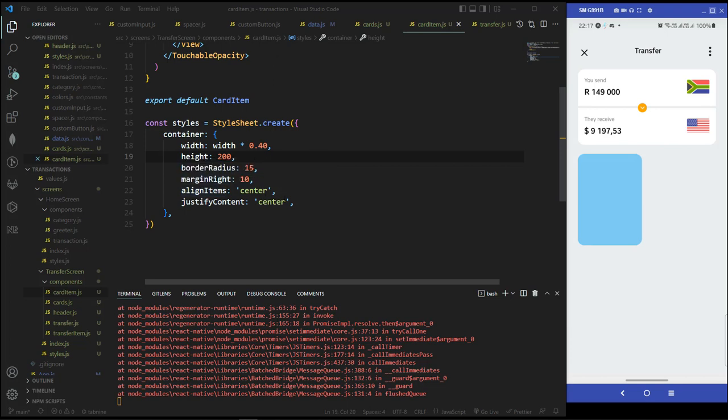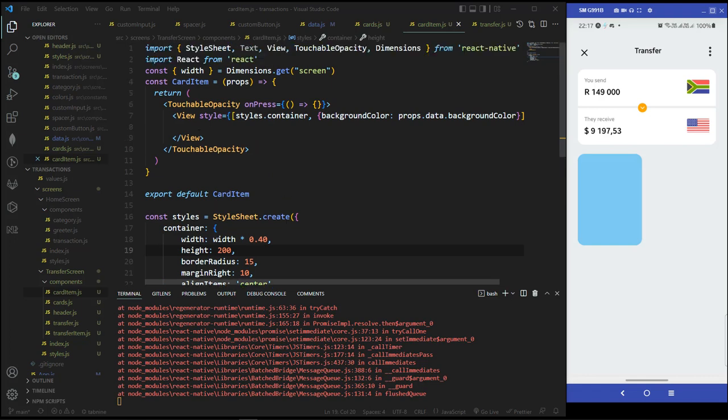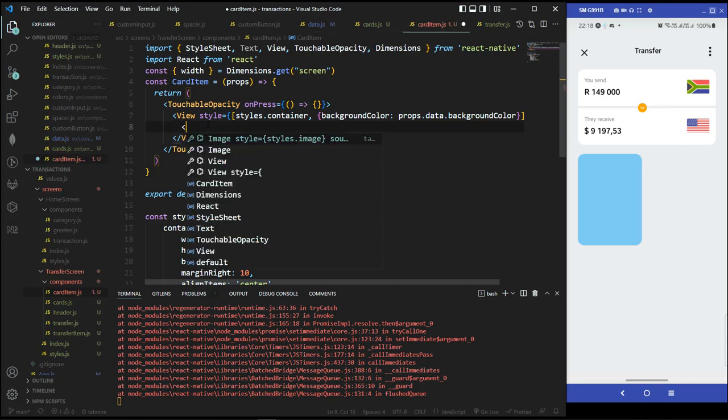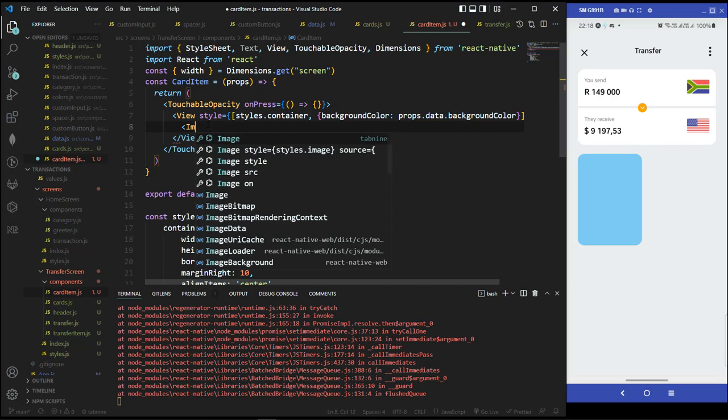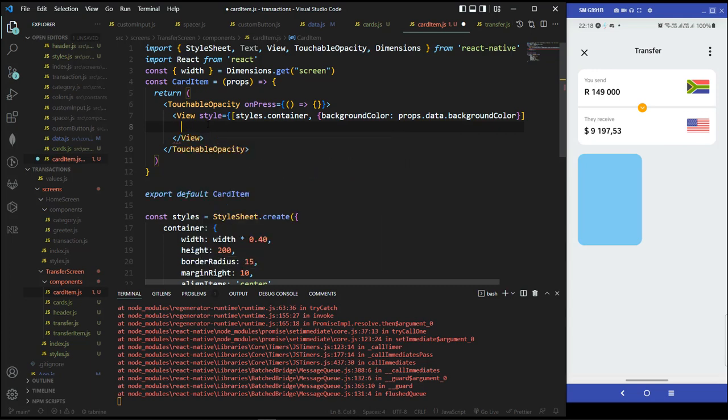Okay, so now let's display the data. If we click here, we get this response. That's because of the touchable opacity. So now let's bring in the image. Okay, let me have a view